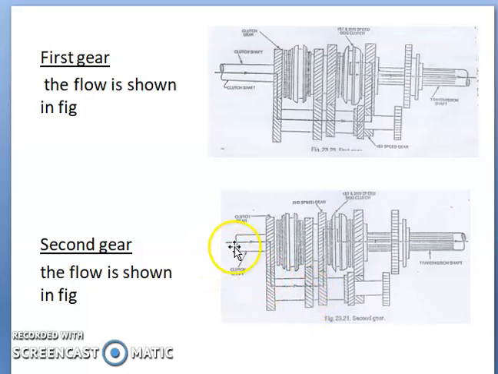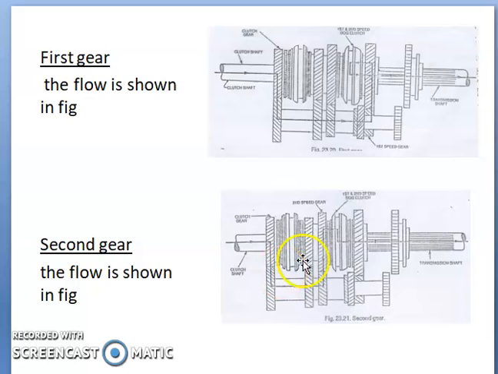Now you can see from the clutch gear to the lay shaft, this pair of gears is engaged. Through the dog teeth, the power is transmitted to the main shaft. Here you can see the gear on the lay shaft is small, whereas the gear on the main shaft is very big. So there will be a larger reduction in speed and multiplication of torque.